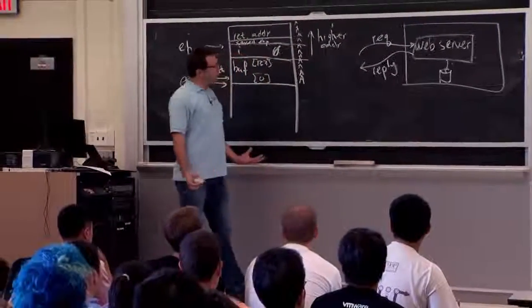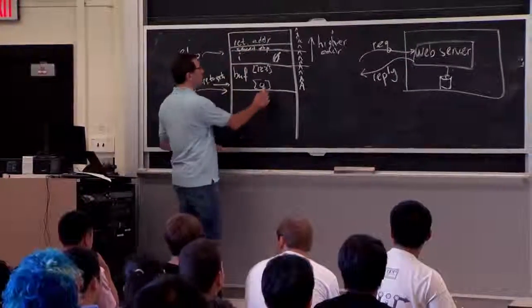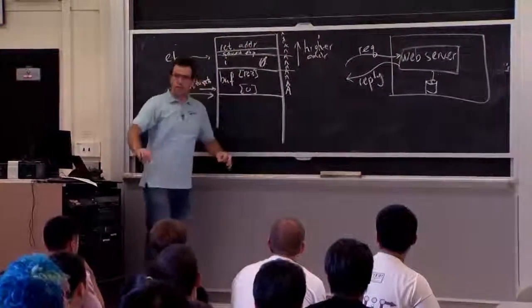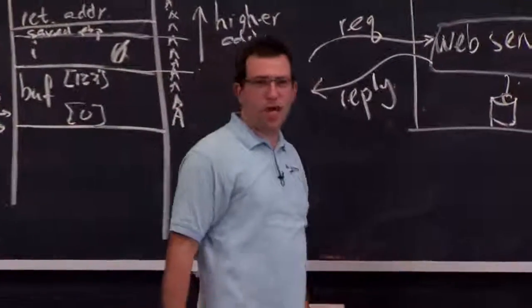One problem, or one way to think of this, is that the problem is just because the return address is up there, right? So the buffer keeps growing and eventually runs over the return address. What if we flip the stack around? Some machines actually have stacks that grow up.